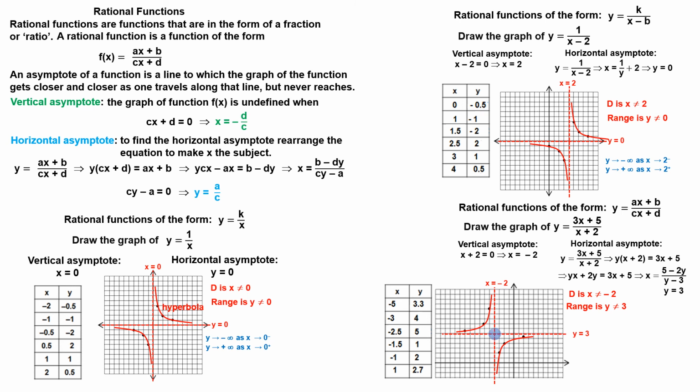Now let's look at what is happening on the graph around x equals minus 2. As x approaches minus 2 from the left, the values of a function increase without bound. We describe the situation in symbols by writing: as x approaches minus 2 from the right, the values of a function decrease without bound. We describe the situation in symbols by writing: